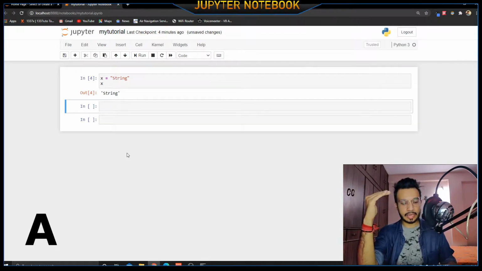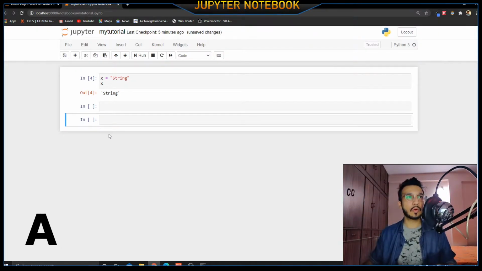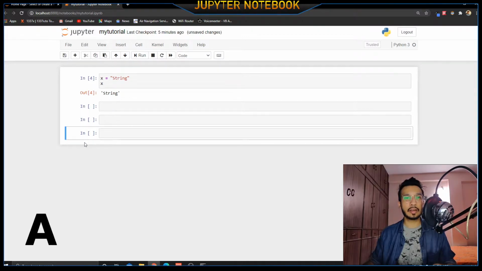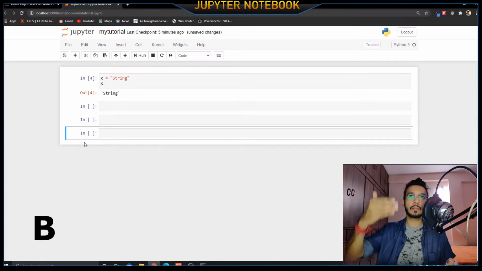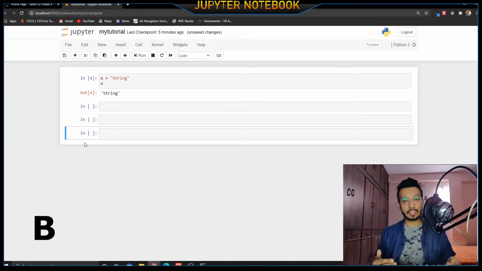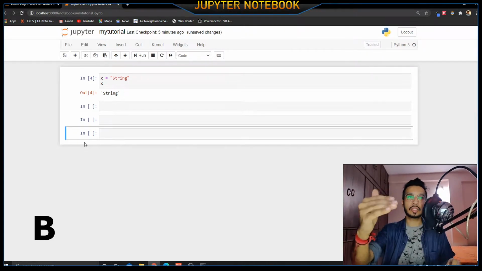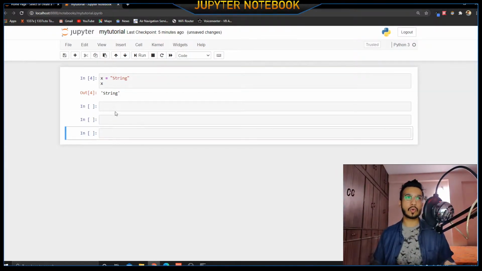And if you press B, for example, let me go down and press B, it will create a cell below it. So in command mode, you can press A or B, because as you all know, A comes first. So basically it is going to put it above the current cell, and as B comes after in the alphabetical order, it is basically going to put this below the current cell. So this is how the shortcut would work. And as I told you, to delete this, I have to just double tap the D key.